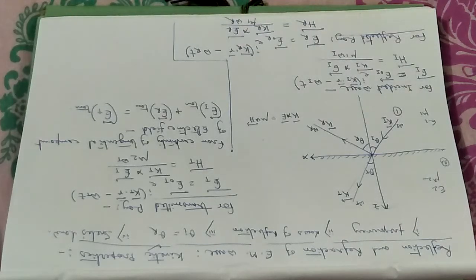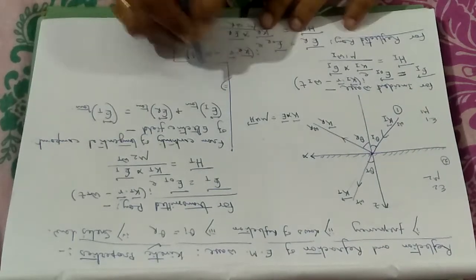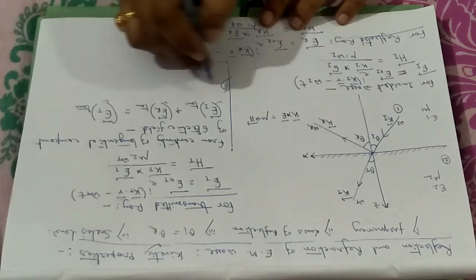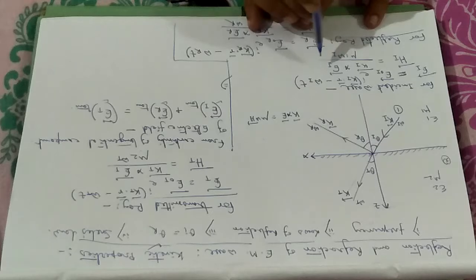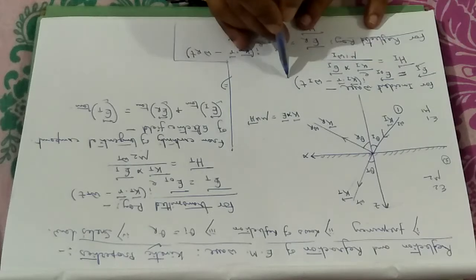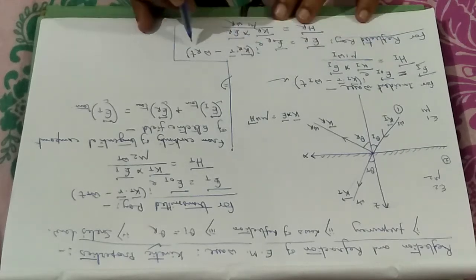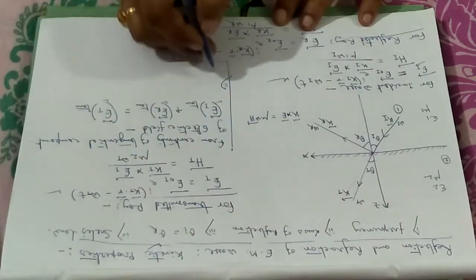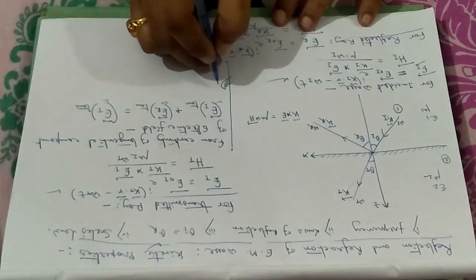So if you consider only the tangential component for the incident ray, reflected ray and the transmitted ray, E_I stands for this one, E_R stands for this one, and E_T stands for this one. So from these three equations I can write now